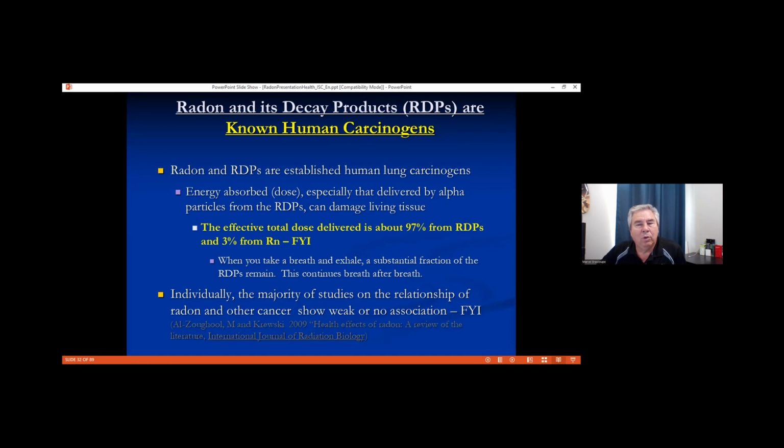You might say, well, why are we not talking about RDPs instead of radon? Why should we not be talking about measuring radon decay products versus measuring radon? Well, the instrument to measure for RDPs is very expensive, probably $10,000 plus. The instrument to measure for radon, as we've seen, is just a little piece of plastic. That's probably about $20 to $30. We know that if you have radon, you're also going to have RDPs. They go hand in hand. So if you measure for radon, you can estimate what the RDPs are going to be. So that's why we're talking about measuring radon rather than RDPs.